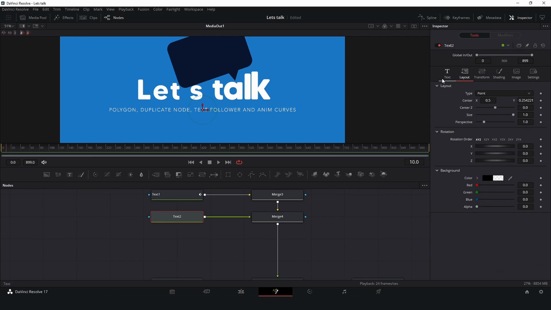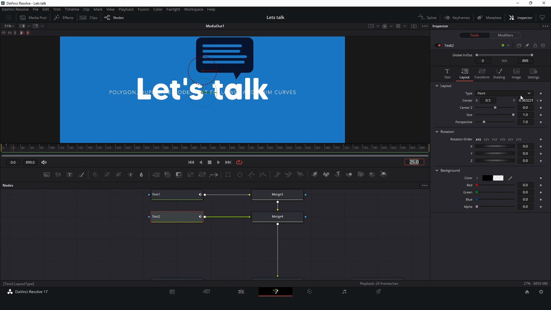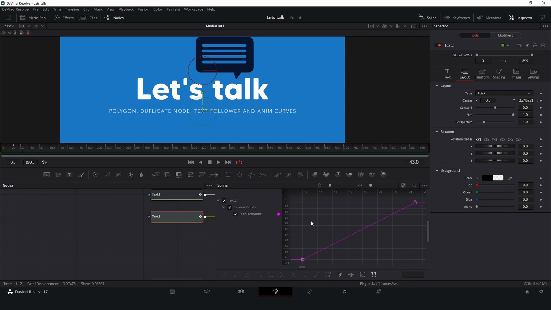So go to layout, here in center I will create a keyframe and move this to the top, something like that, and go to maybe frame 25 and go back. Now let's go to spline, Ctrl A or Command A, S, and make some adjustment here.